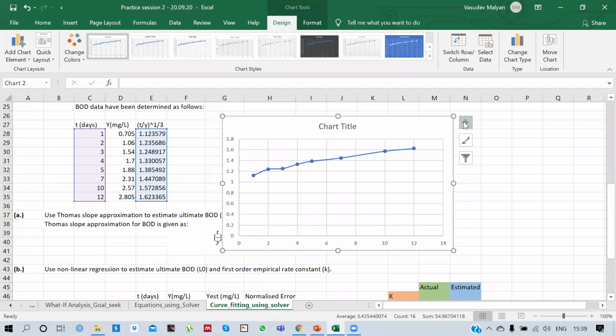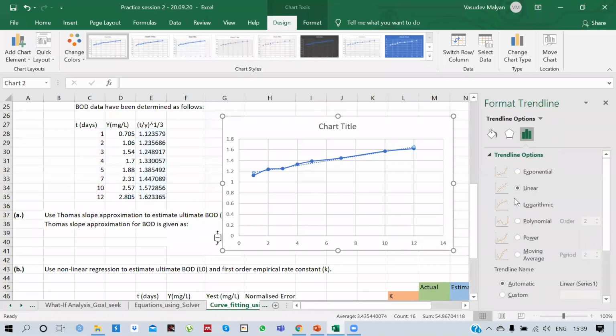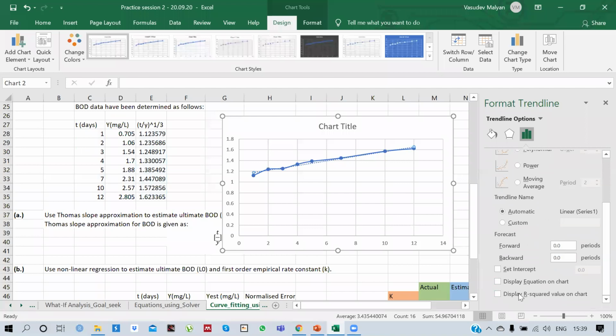Now go to this plus option, which is the option to add chart elements, and you can add your trend line. Yesterday also I told you how to add your trend line, and you can go to more options, scroll down, and you see these two options: display equation on chart and display the R squared value on chart.